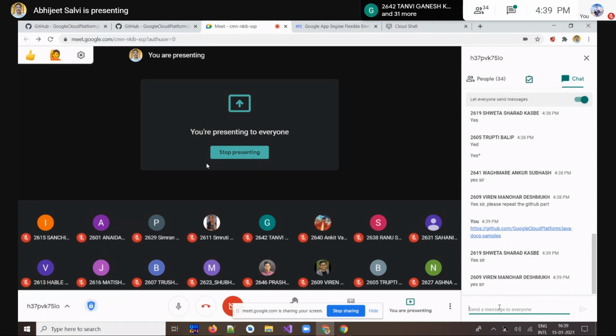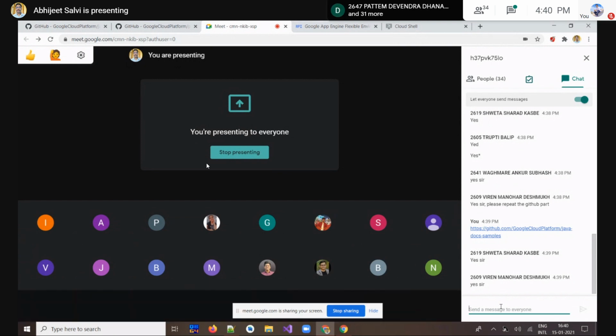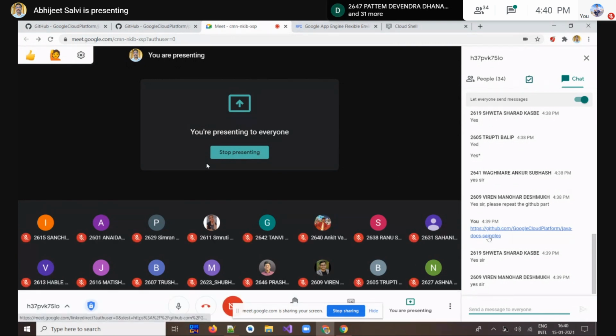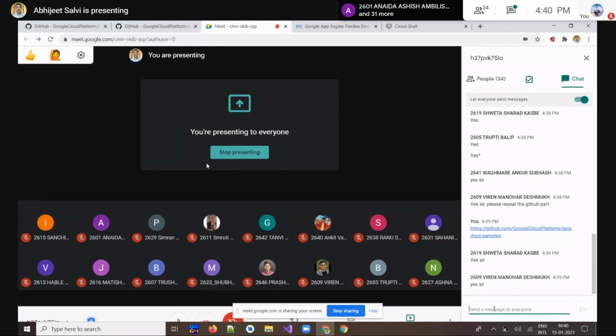So this is the path available. We need it because we like to access one of the samples available in the GitHub repository and deploy it in our Google App Engine. So how will we go about it? By using this path. The path is already shared in your chat box, so you can copy it and keep it with you. You could search, but search will take time, so I recommend just copying this and going directly to that repository. Is it fine, everyone? All of you are getting this?